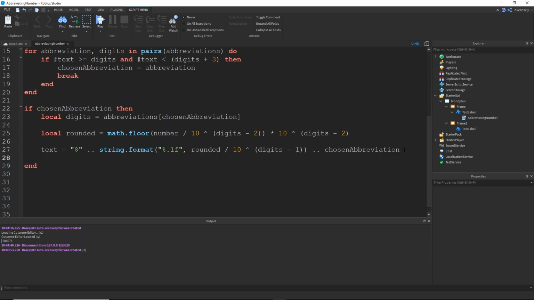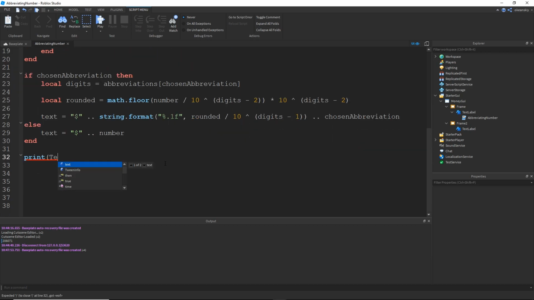And then of course we have an if statement that we need an else for. So if chosen abbreviation, then do this, else just say text is equal to currency symbol, $, whatever, concatenated with the original number. No need to do any rounding or any of that. And then lastly, I'll go ahead and print the text, but more importantly, I'll put it in our GUI, script.parent.text equals text. So if I go ahead and play this,